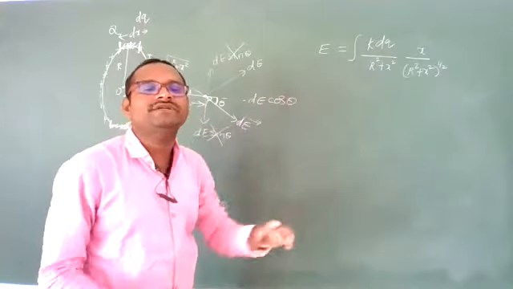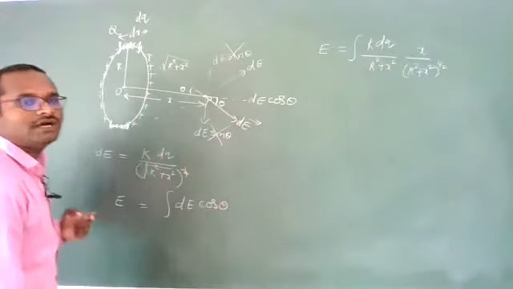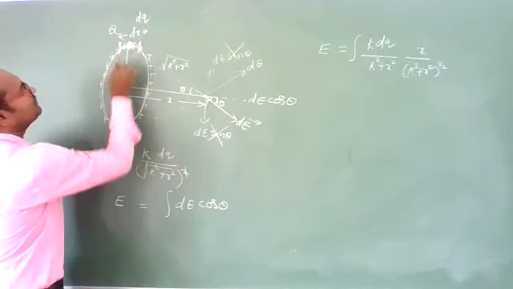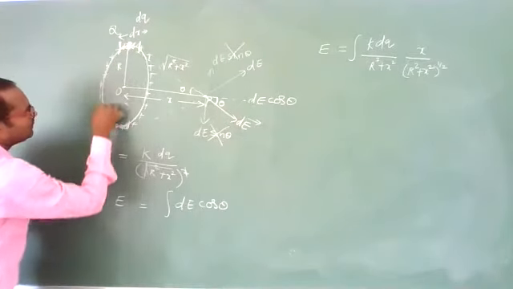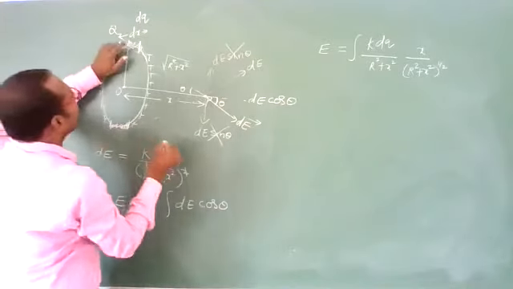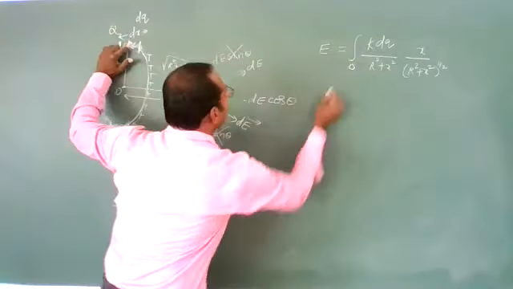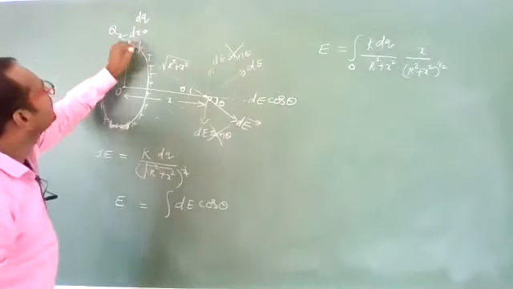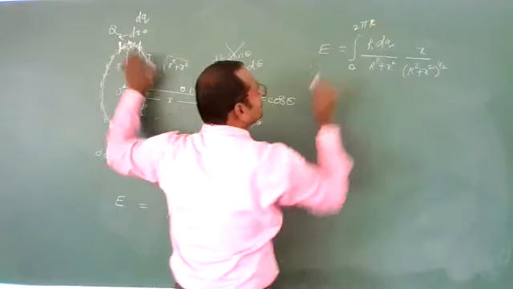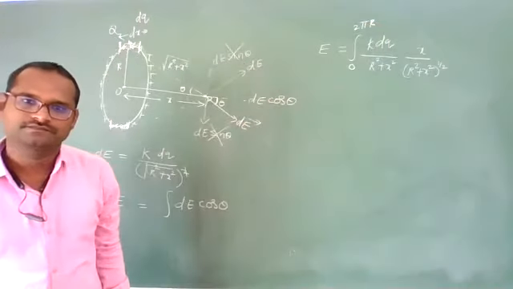Whenever you are integrating, we need to apply the limits. From where to where should we apply the limits? So we should take the length of the ring from here to the total. If you start from the origin, this is 0. Total length, how much, Rana? 2 pi r. So I will take 2 pi r. So these are the limits.